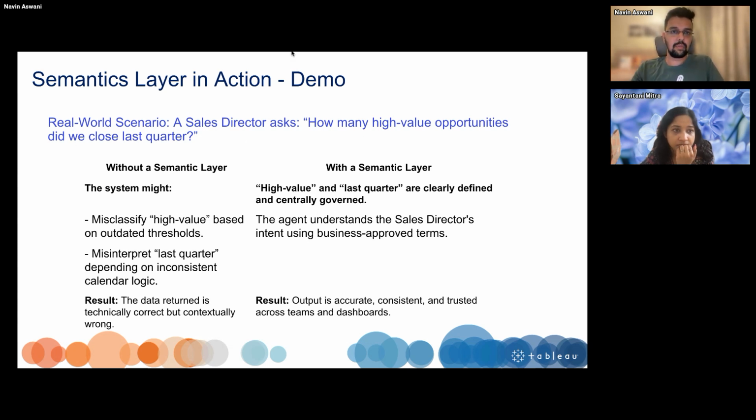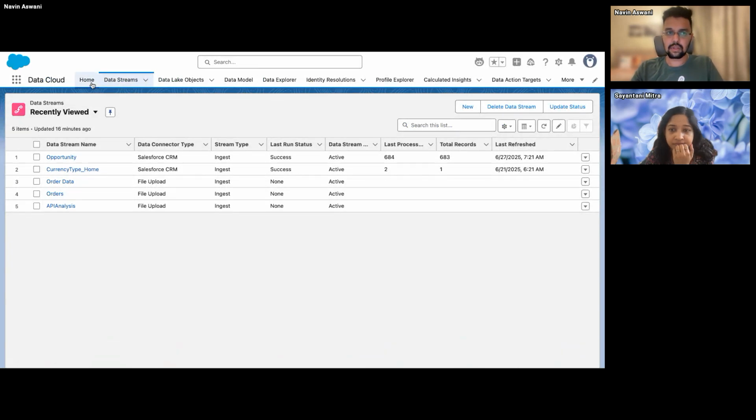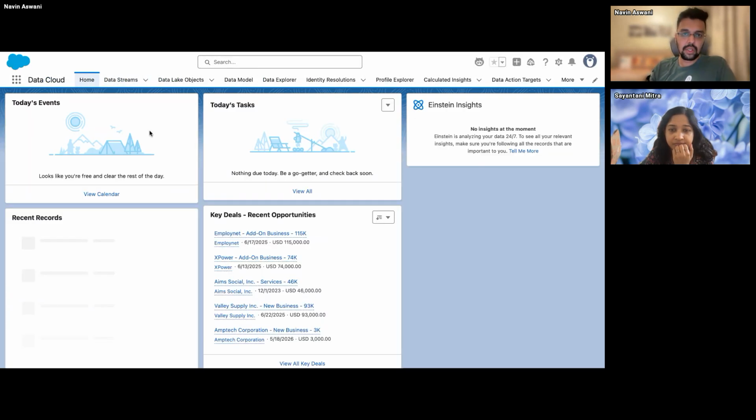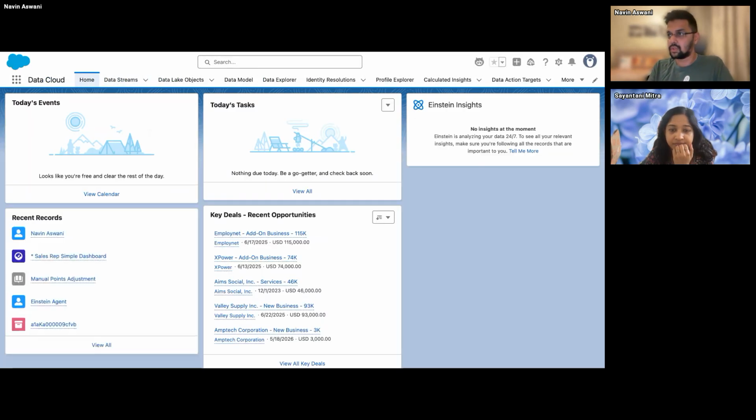So let's quickly jump on to the demo part. I'll quickly share my Salesforce instance and come back to the homepage. As Anthony also showed you the architecture, that was just a trailer of it. It starts with your data layer, the first layer that we need. Obviously, we need data to visualize, and data to make business-driven decisions.